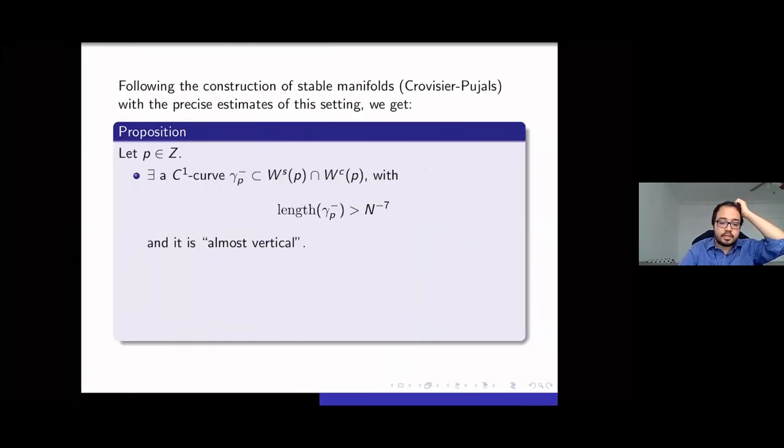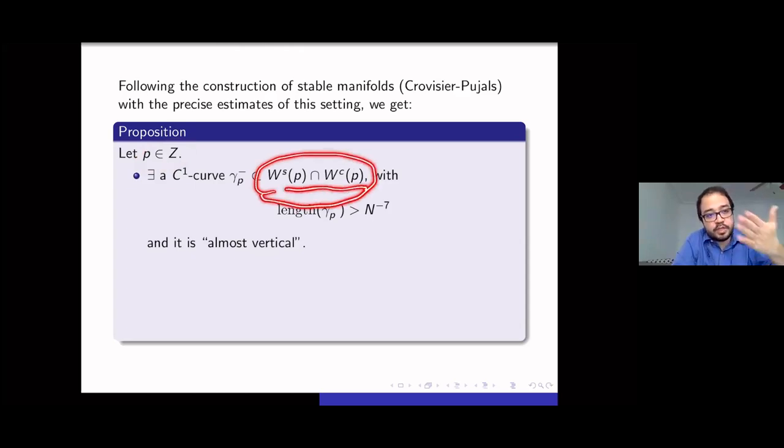And this thing is quantified in... if you apply the construction for this set of points, you prove the following proposition. For any point in that set, and here we are really following the stable manifolds construction by Crovisier-Pujals, you then try to make as precise as you can everything that appears in the construction. And you can prove that for any point in that good set, the stable manifold in the center...